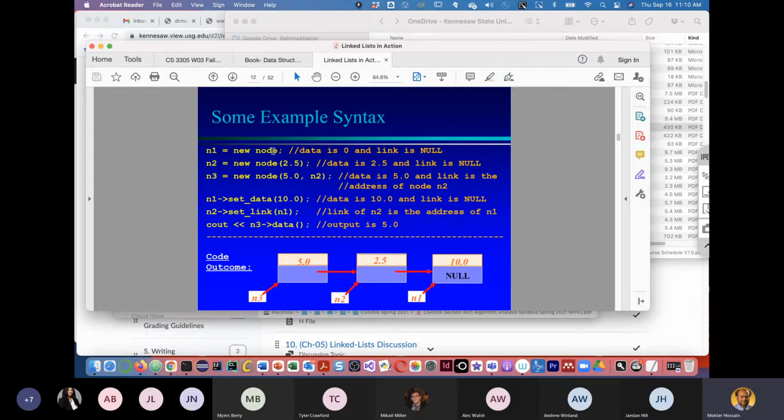The node n1 takes a default value. Since our data type is integer, it will take 0. If our data type is float or double, then it's 0.0. Okay, there is a mistake over here. It should be